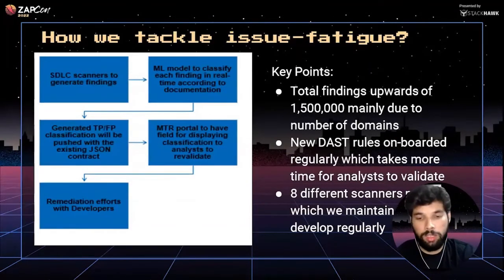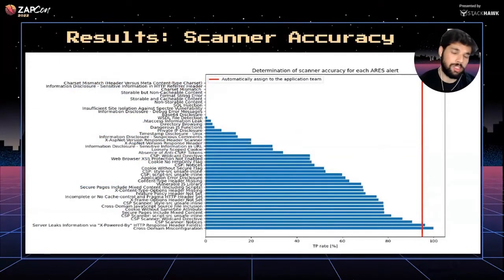So yes, with respect to the scanner accuracy, this was like 2.5 or 3 years ago for that matter. Initially this is what we faced, all of these issues. If you see cross-domain misconfiguration, all of this is on test data, obviously. But on our domains, which are very similar to the actual site, we always felt the true positive rates for cross-domain misconfiguration were high. But we wanted to automate that and take away the manual part. That's where the ML part came in.